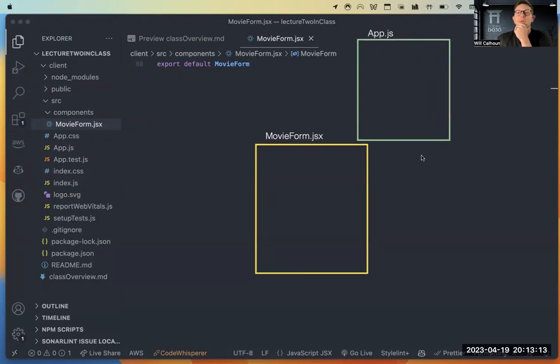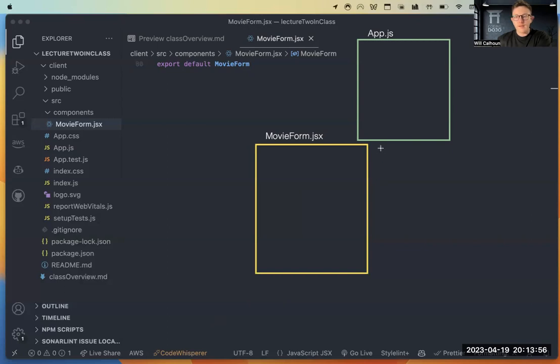App.js. Cool. Now let's pretend we have our movie form, and we have all of our information. Currently, we're showing everything on our form. We talked last class, yesterday, about what if I wanted to show all of my movies on my form. I had all that information, but let's say I didn't want to do that. Let's say I wanted to be able to show all movies, or just one movie, or I had multiple components that needed access to this particular set of state. Let's say I wanted to have a display all and a display one as well. So let's build those out.